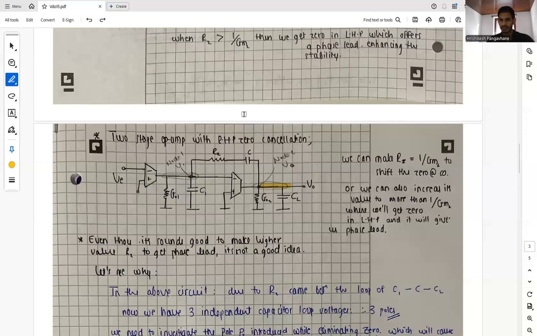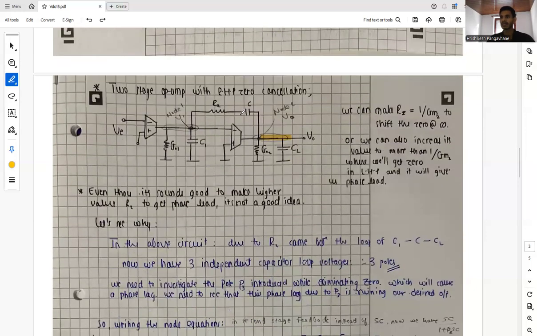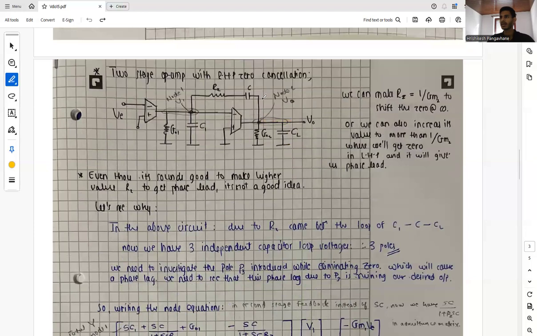So even though it sounds good to make a higher value RZ to get a phase lead, it's not a good idea. Let's see why. In the above circuit, due to the RZ which came between the loop of C1, C, and CL,